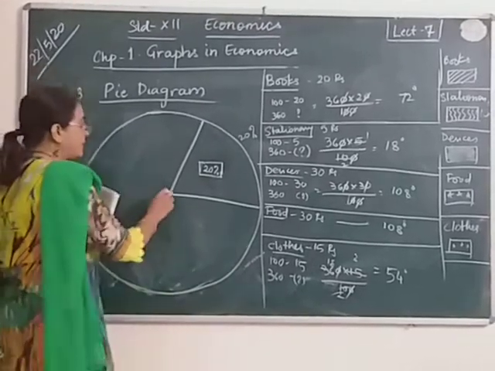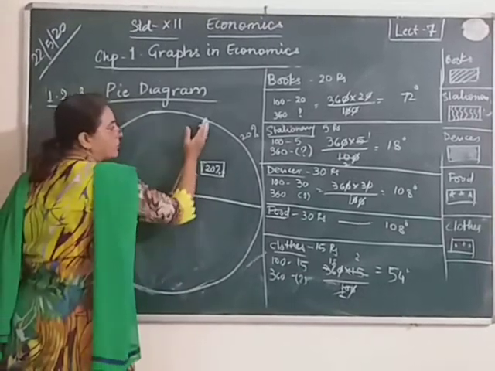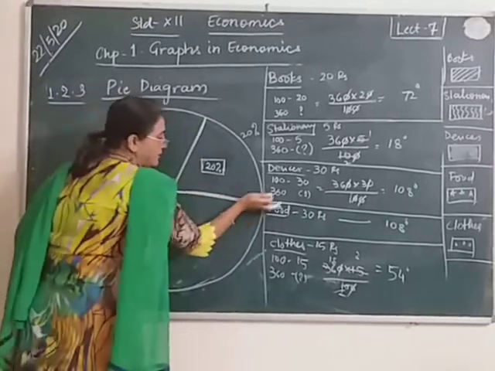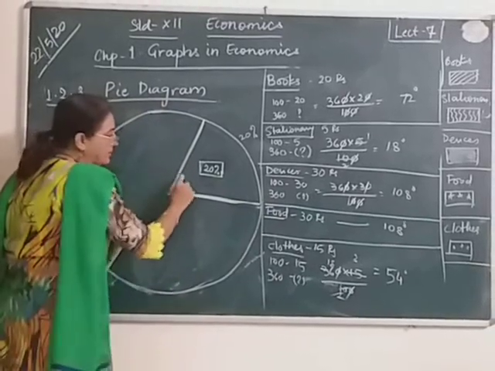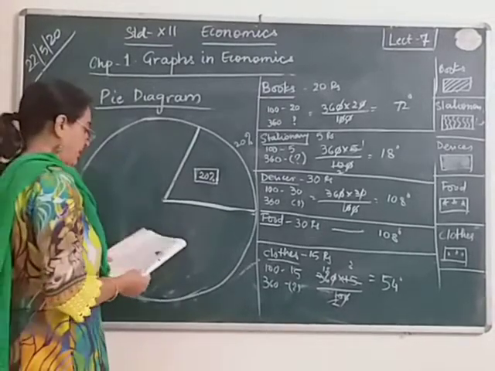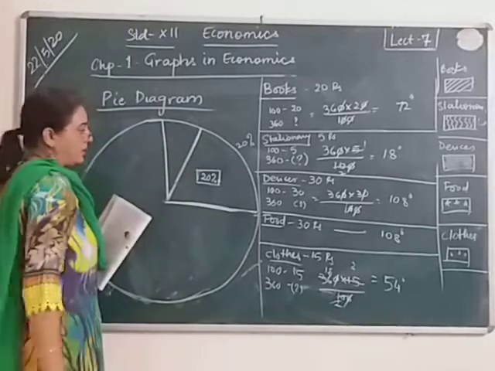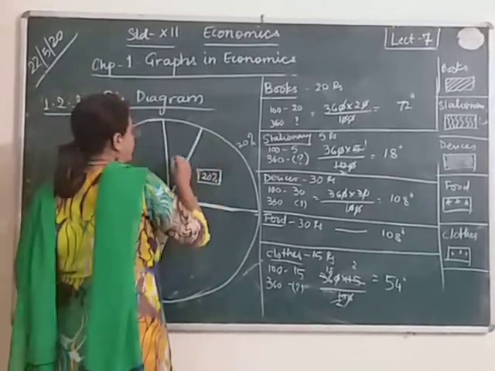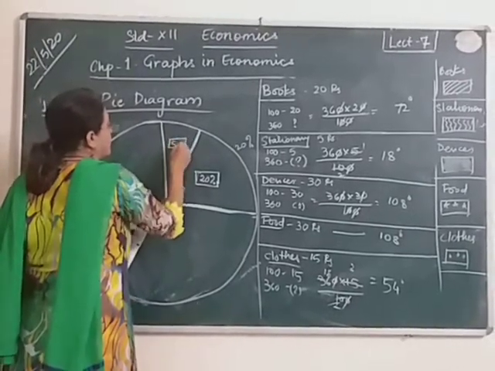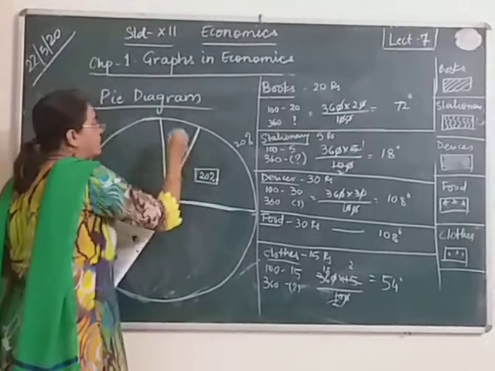Now when you have started from here, this will be your second line. If you had taken the base radius as this, this would have been your second radius. This angle that is formed, how much is this angle? 72 degrees. So 18 degrees. Now 18 degrees is, say for example, this. I take it this way. So this is your 18 degrees, that is 5%. So I take the figure 5% here. I hope it is understandable, it is clear.